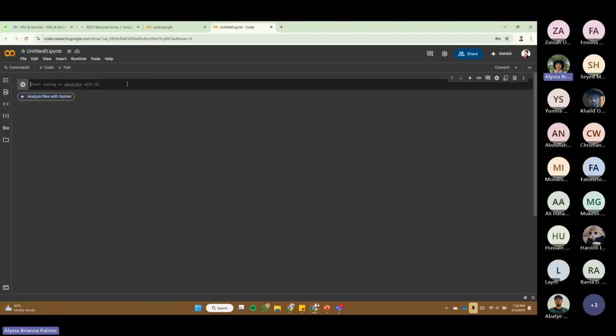Okay, so the first thing that we need to do is actually install several packages to use generative AI, the authorization, and just ensure that we have everything before we actually import packages. So to do this, we can use pip, which is the default Python package installer. So to run commands like pip in Colab, you have to use an exclamation mark first. So we'll do exclamation mark pip install, and now we just need to list all of the packages that we need. So first is the Google Generative AI